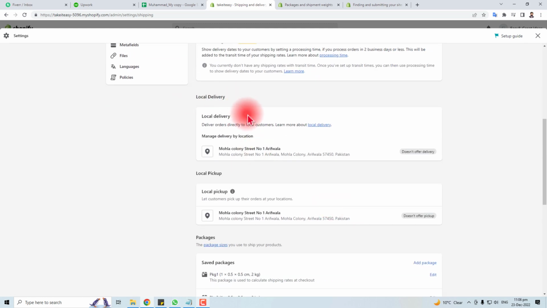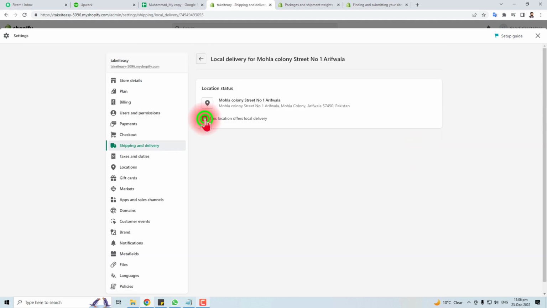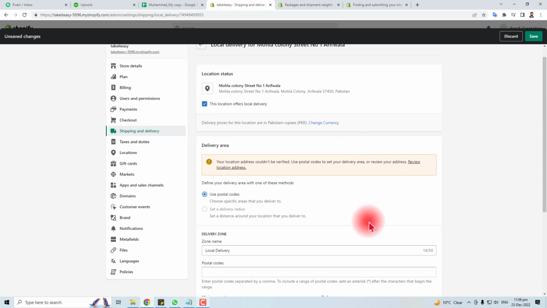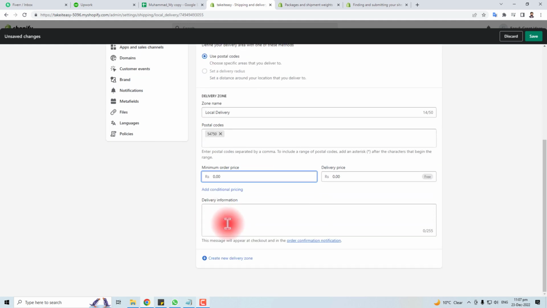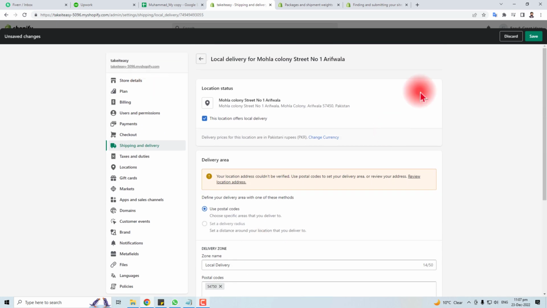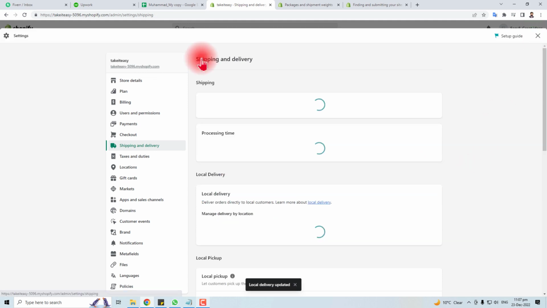Here is the local delivery. If you are offering a local delivery, you have to click here. Set the location of your first local delivery using postcode. You have to put your postcode here and you have to put prices here, delivery information here, and you can create another delivery zone also. After setting it up, you have to save. Now go back